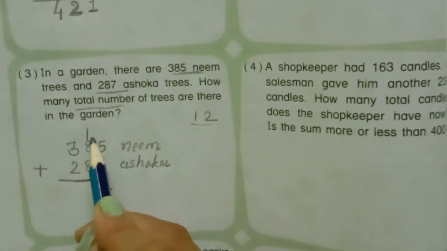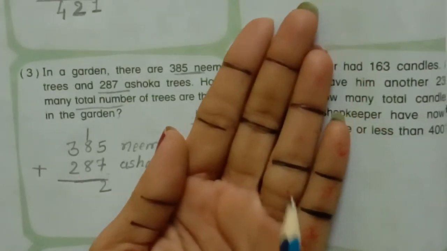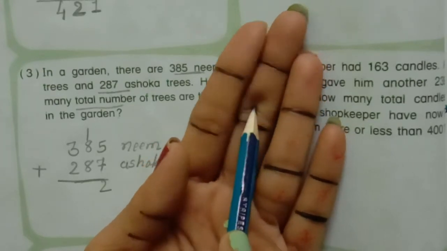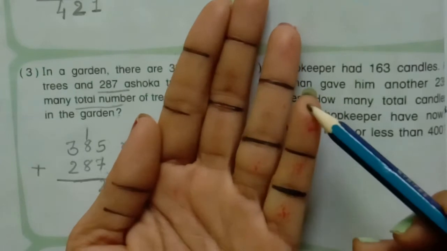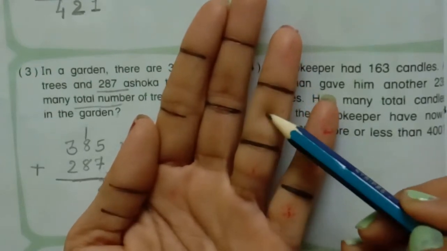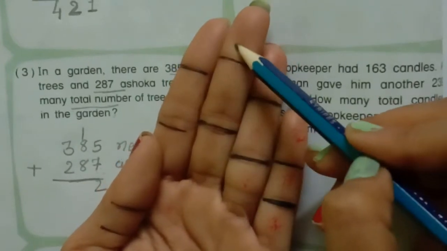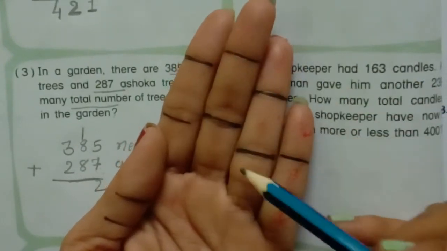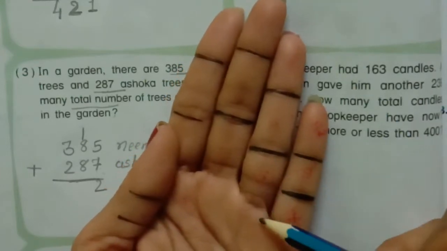Now here 8 and 8. 8 and 8, students, it is 16. But let's count here on the fingers. Okay. 8, you all know 8. 3, 3, 6. Okay. These 3 we can write 5, 6, 4, 7, then 9. Okay. Students, keep this in mind every time. No need to count all this.